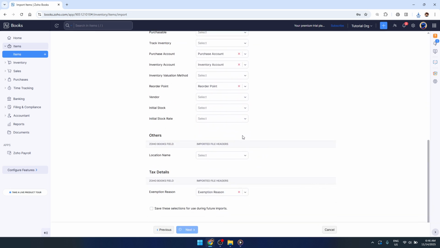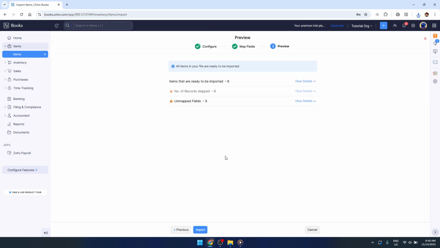By following these steps closely, you can effectively manage your inventory by importing items in bulk, which is a huge